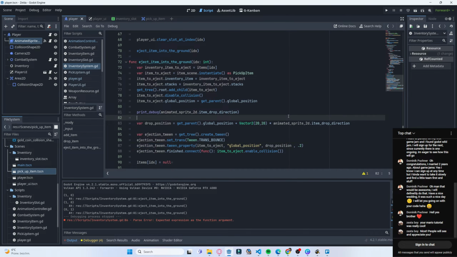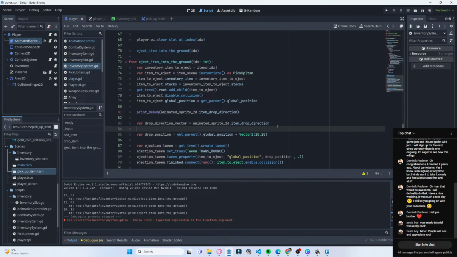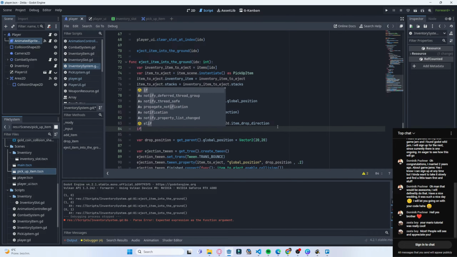But we need to alter the vector a little bit. So, drop direction vector. This is that one. And we need to play with it a little bit because things don't fall in a straight line. And we can play with this a little bit because we can say,